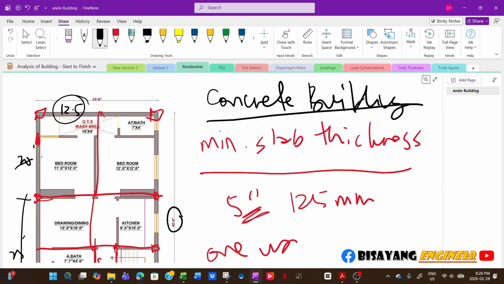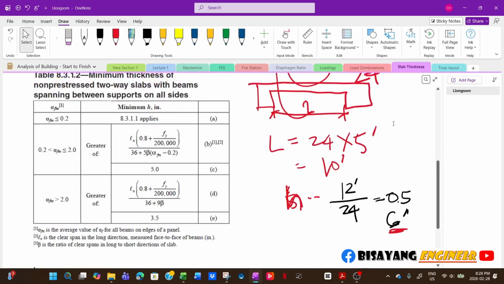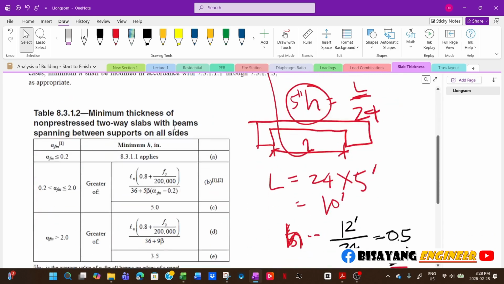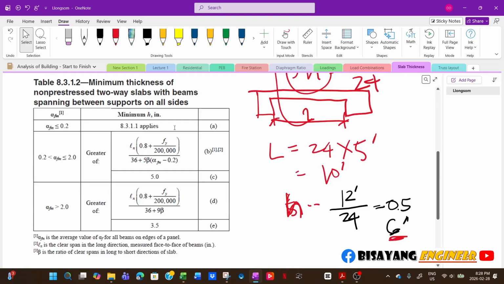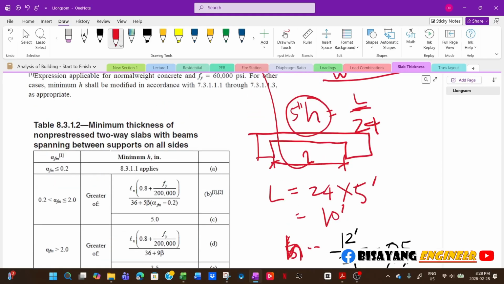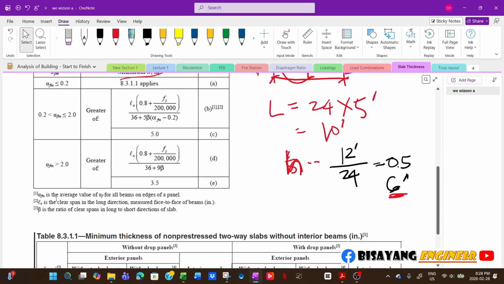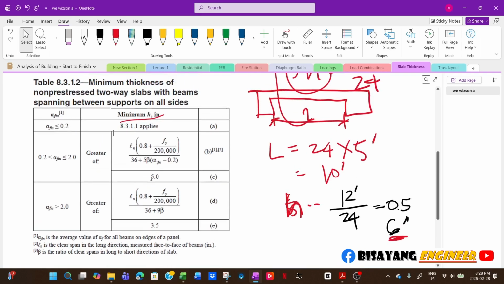Now, if that's the case, you will go with this calculation here, the minimum thickness of two-way slab with beams. So this one here. If you have perimeter beams, then this will be your calculation for minimum slab thickness. And then you have here alpha fm. This is new. Well, at least to me, this is new. This is not the way we calculate minimum thickness for two-way slabs,